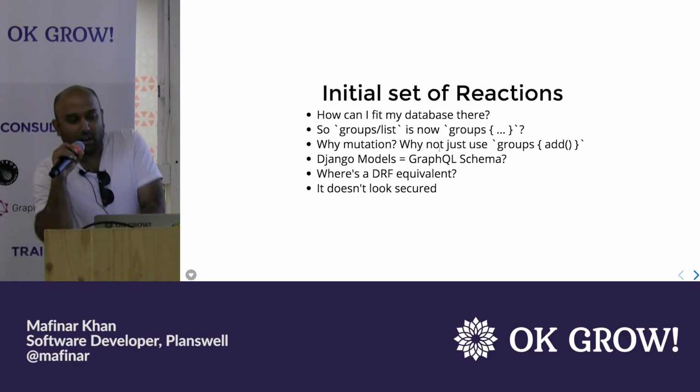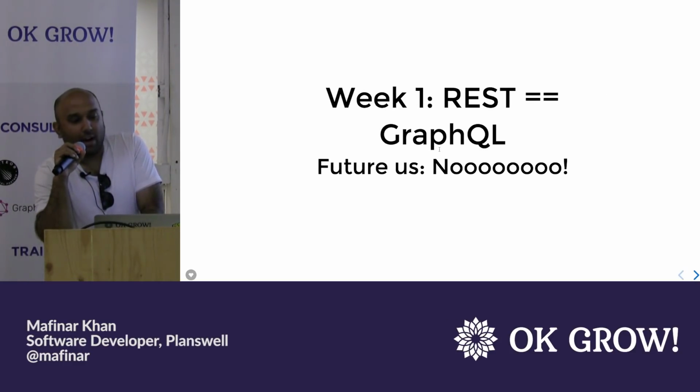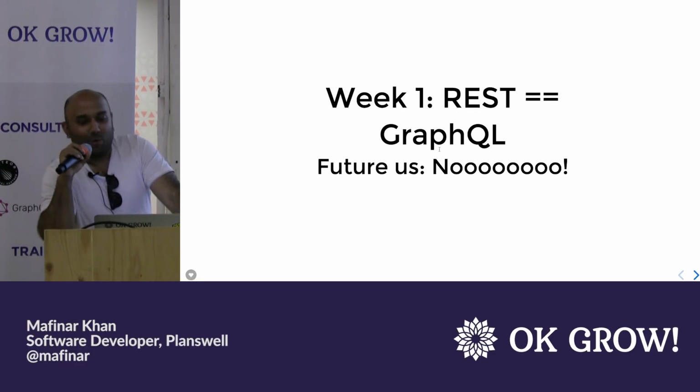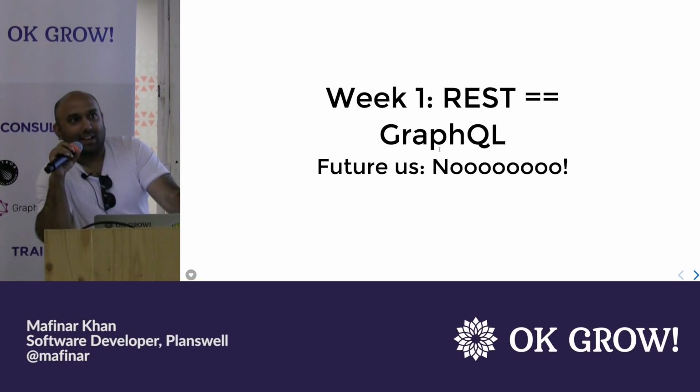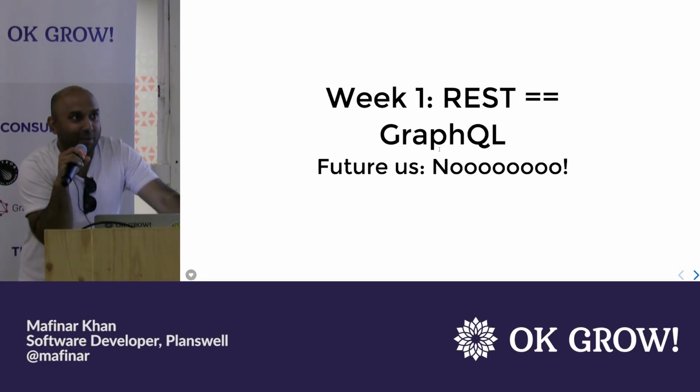Those questions came out, and then we actually tried it out. In the first week we translated our REST API endpoints into GraphQL queries and mutations. It wasn't how it's supposed to be. Just because something works, like the saying, you can write Fortran in any language. You cannot just make a REST API in GraphQL or anything else. That worked, but we were not quite happy with how it turned out. It's like, okay, it's GraphQL, so what's so special about it?